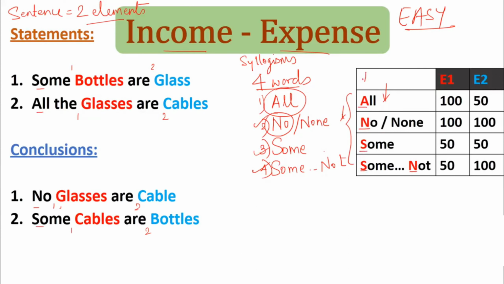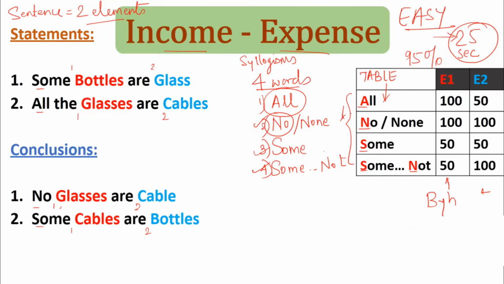Now in this table, whenever you are drawing this table, you should know this table by heart. Once you know this table by heart, 95% of your work is done and you will be able to solve the sums related to syllogisms in hardly 25 seconds. Yes, believe me, if you remember this table, you will solve the sums related to syllogisms in just 25 seconds.